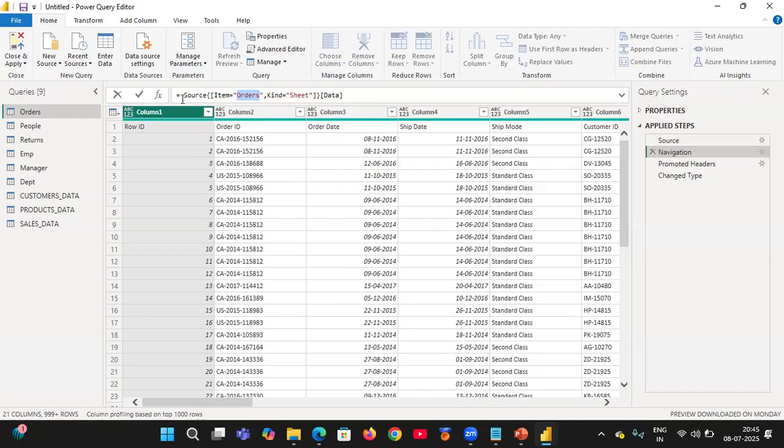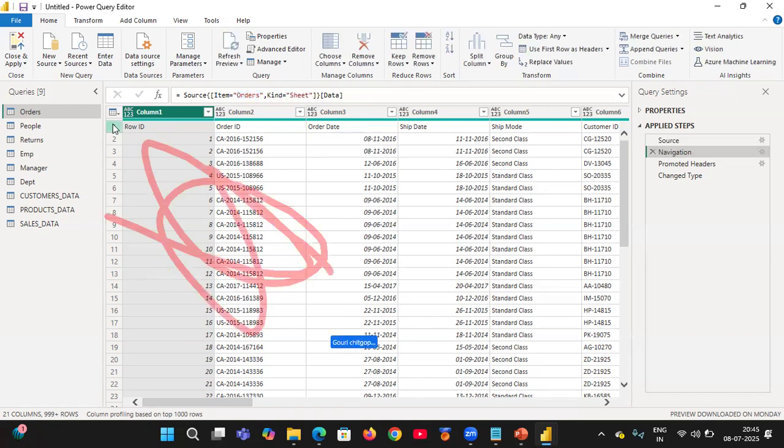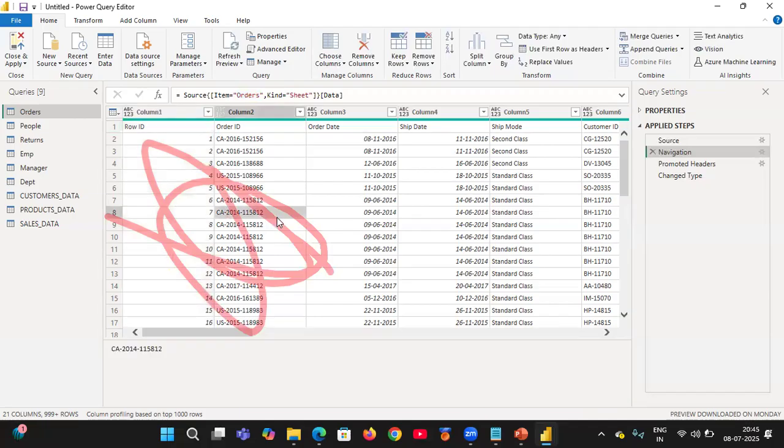How can it choose? The AI will read the whole data that is present in Power Query, and from that it can know that the first line of data,